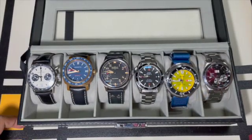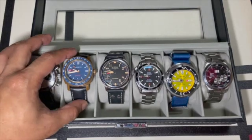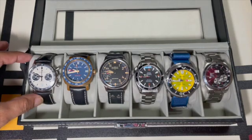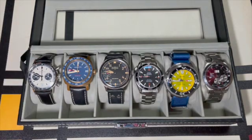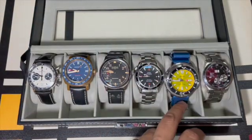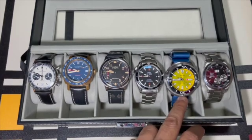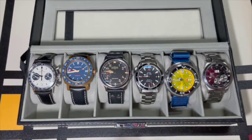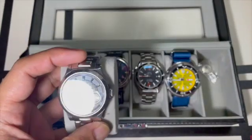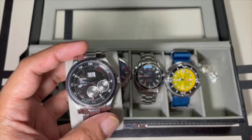Alfred ESPX here. Now I'm picturing the status of my watch collection for 2021. As you can see here, I'll feature six of my watches, and we're going to discuss them one by one. Okay, so the first one is this, my Seiko Kinetic Perpetual calendar,